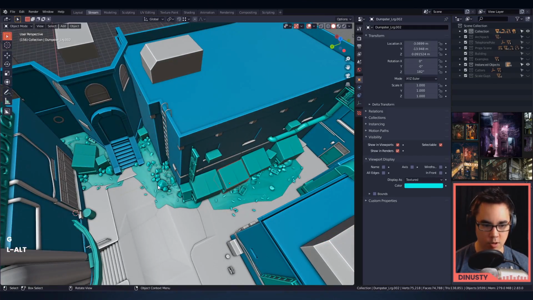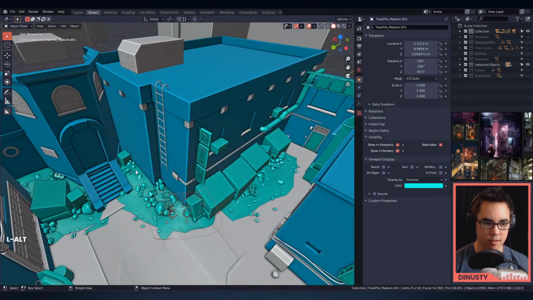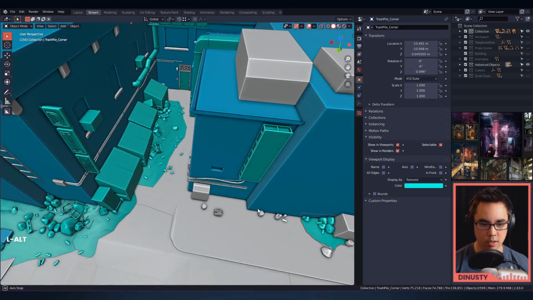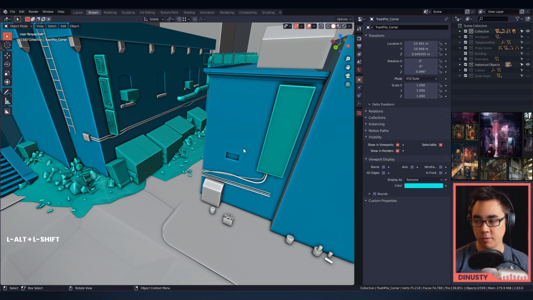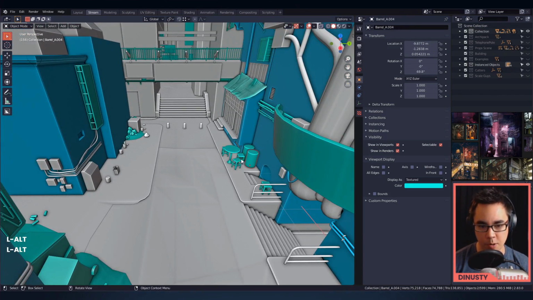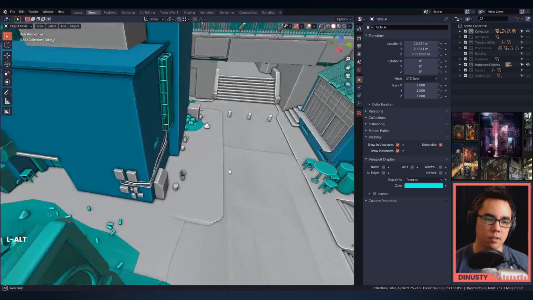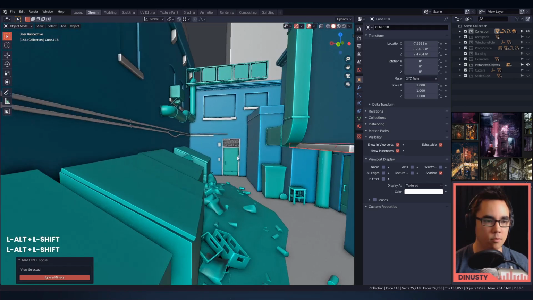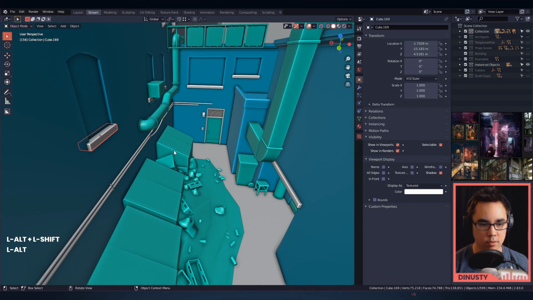So once I make this one, once I make these, where's the corner one? Here's the corner one. Once I make the corner one, then I'll have most of the ground propping kind of textured, right? Then it's like, oh, I need to do the barrel, the table, and a single chair. And that should all naturally just start to fill the scene, and rather quickly as well. See, here's another piece that I would treat similar to this one. But yeah, I could keep going, but I think that gives you an idea of how I would approach the